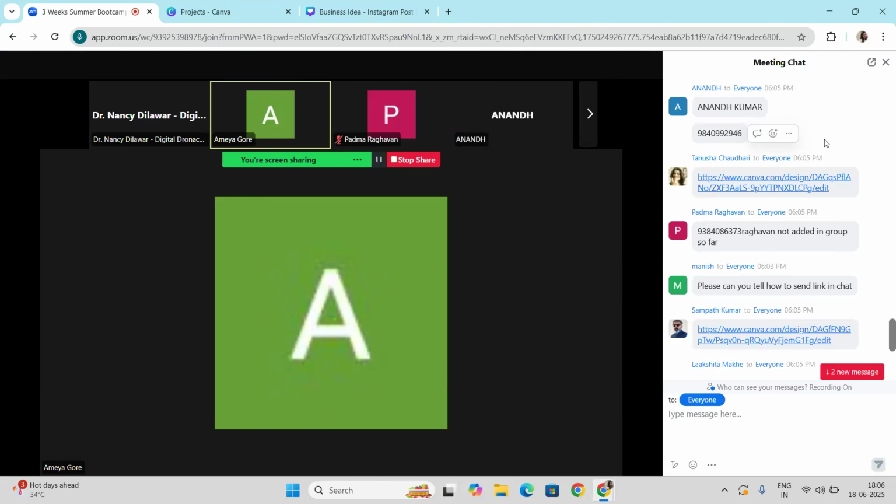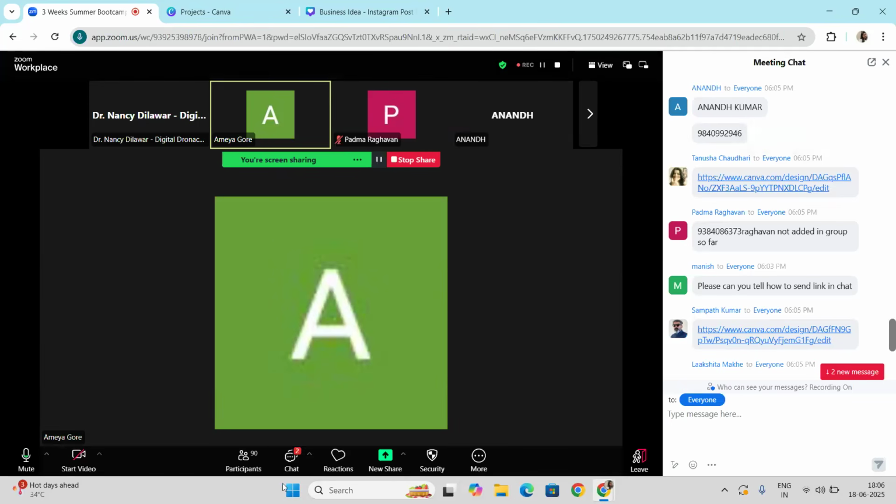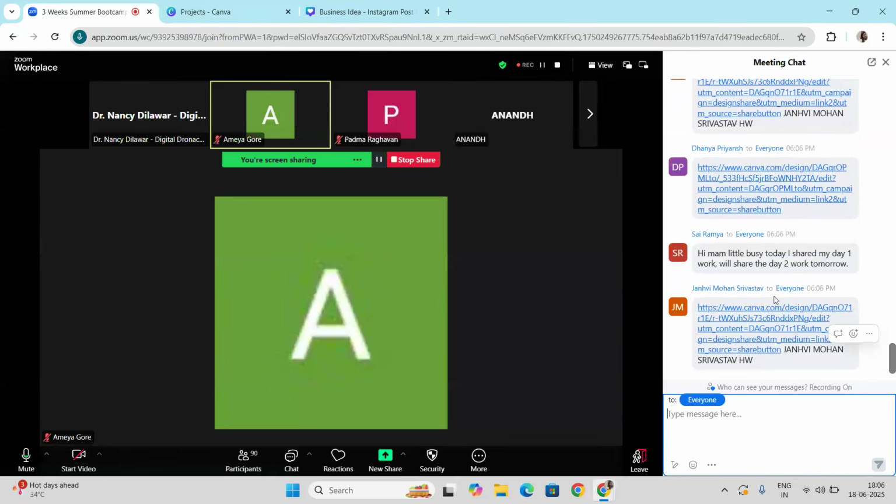I'm not getting it, two people are speaking simultaneously. Speak one by one. Madam, I'm not able to write anything in the chat where I want to send my name. Here you can see the chat option on your screen. You can simply click on it, and by clicking on it, type your name in the message box. Okay.